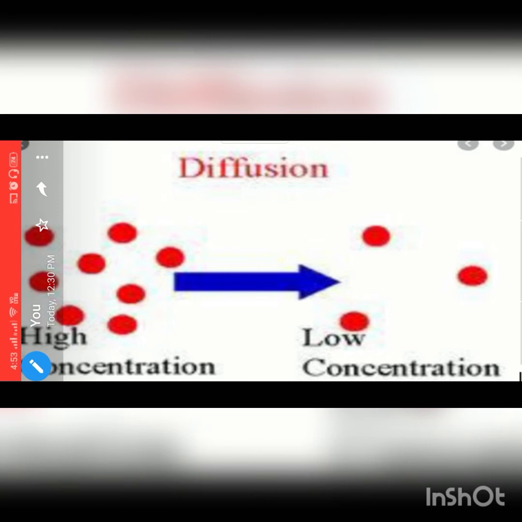Thus, diffusion is very important because it helps in the exchange of gases between the cells. Now, how does water move? Water also obeys the law of diffusion, but the movement of water molecules through a selectively permeable membrane is called as osmosis.